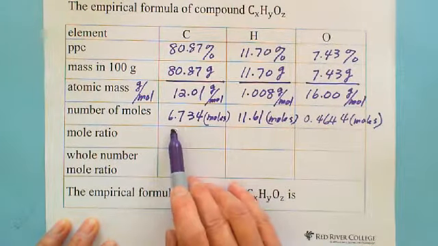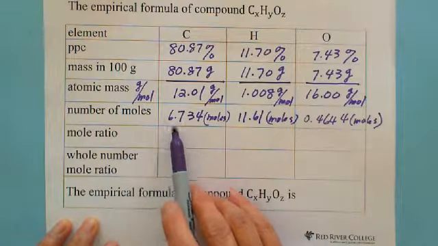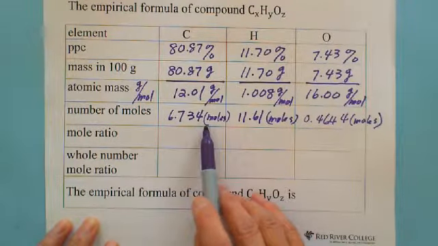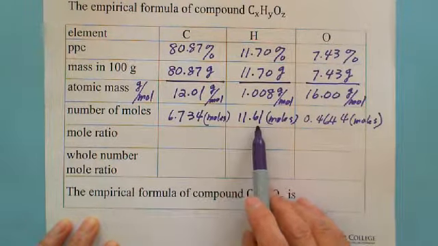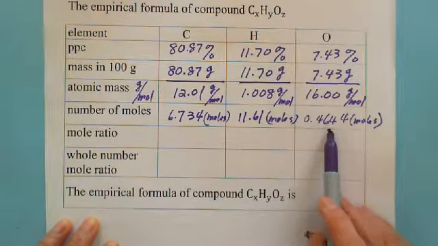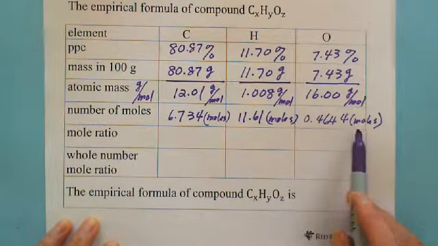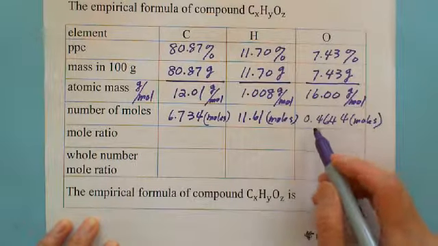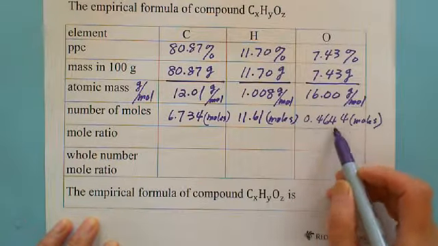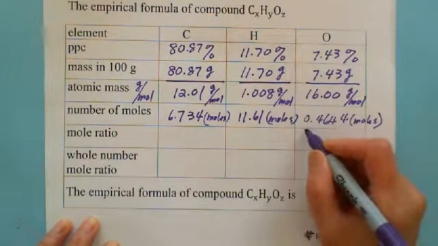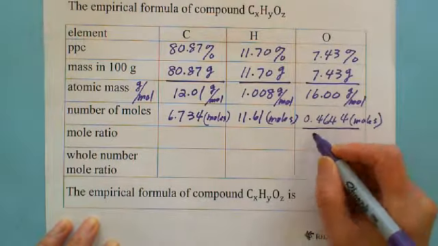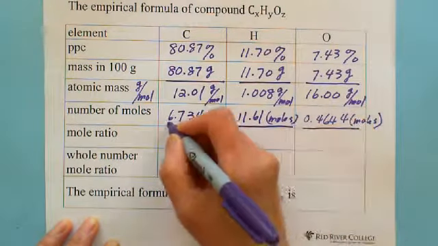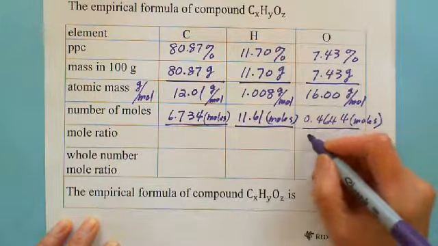If you write the ratio in number of moles, it says 6.734 to 11.61 to 0.4644. If we assume this one is 1, we divide each of these moles by the smallest number,